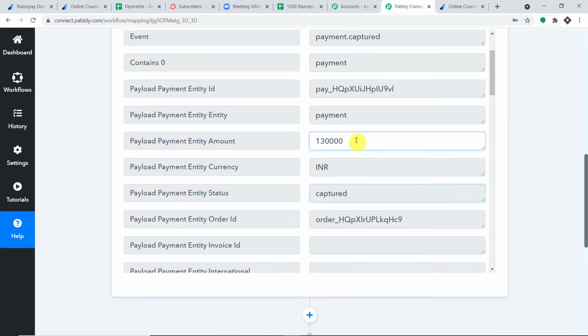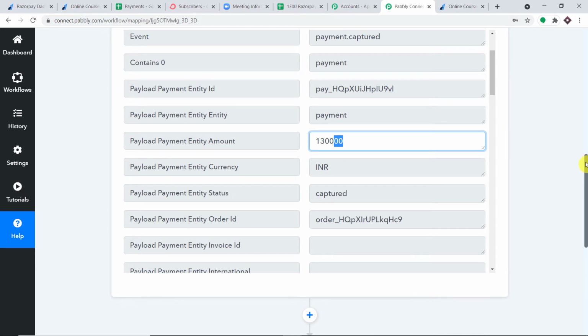Now the important thing you have to note here is the payment was made of 1300, but it is showing something like 1,30,000 or something. As you can see, 2 extra zeros have been added here. Okay, so the problem here is when the data was sent by Razorpay, it actually added 2 extra zeros. Basically it removed the decimal point. So what we have to do is, first of all, we actually have to get rid of these 2 extra zeros, because here it is showing 1,30,000, but the payment was made of 1300. So this is kind of wrong.